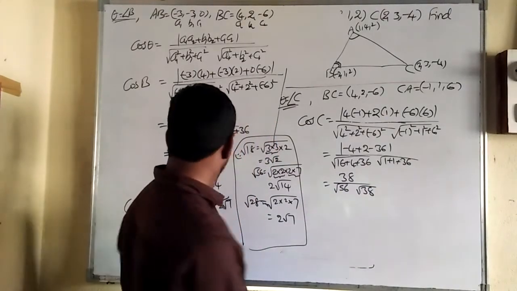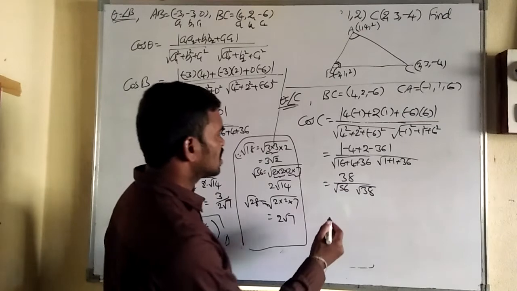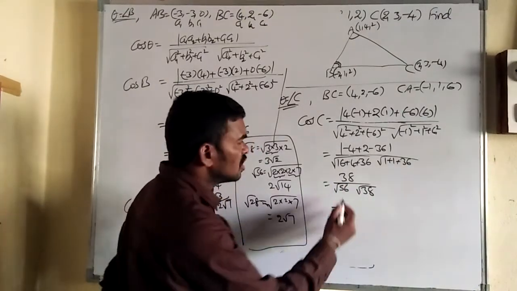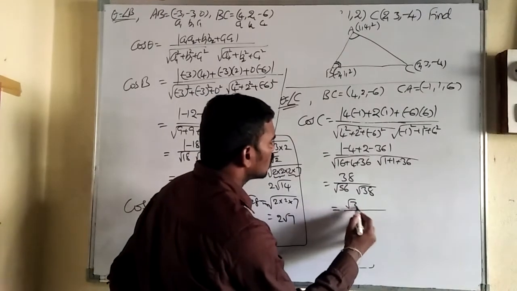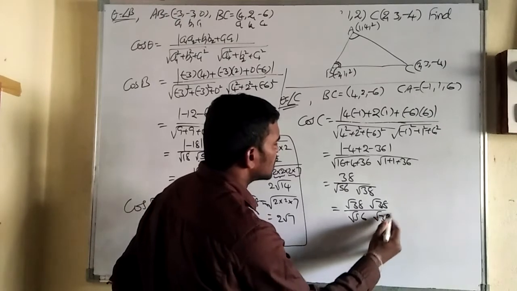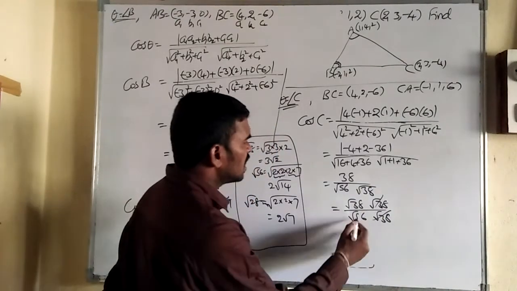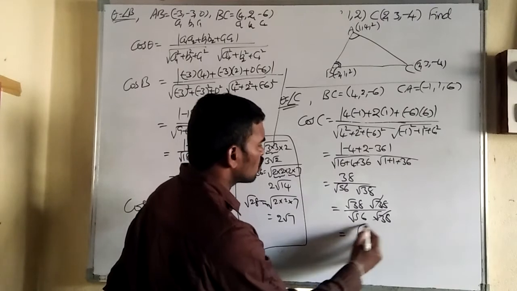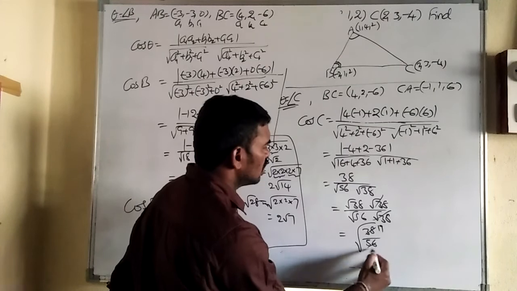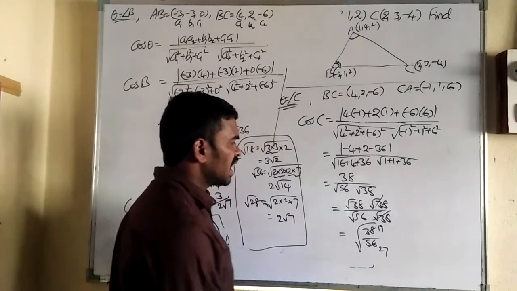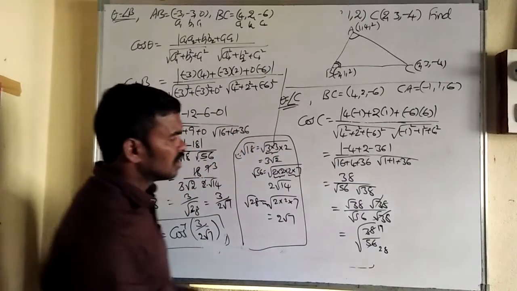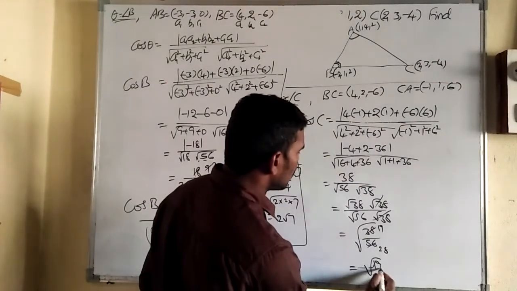Okay. Can I say one simple technique? So it is root 38. So 38 can be written as root 38 into root 38, divided by root 56 into root 38, as this gets cancelled. Now 38 by 56. So both are the same root. So 38 by 56, in the 2 table, 2 19s are 38, 2 2s are 4, 2 8s are 16, 2 8s are 56. And does anything more cancel? No. So we can write root 19 by 28.